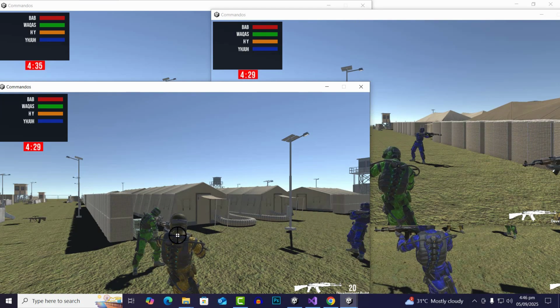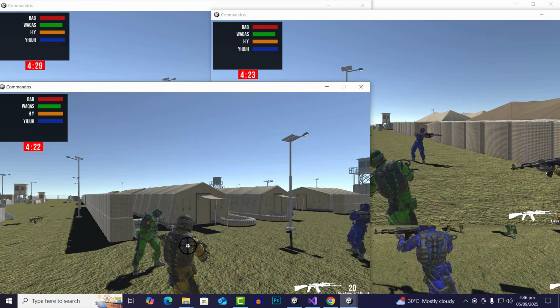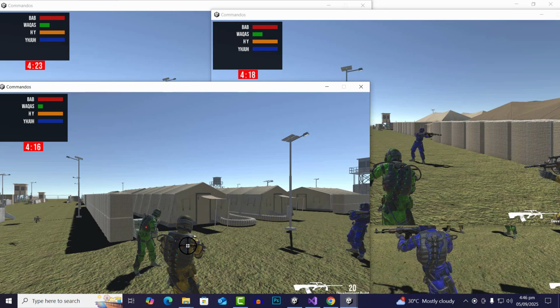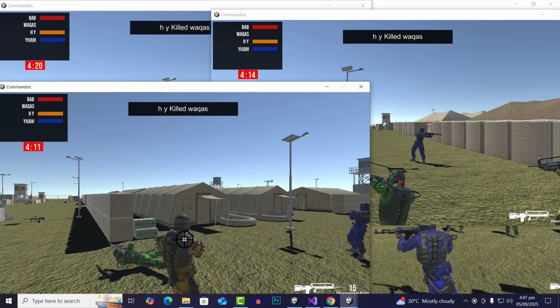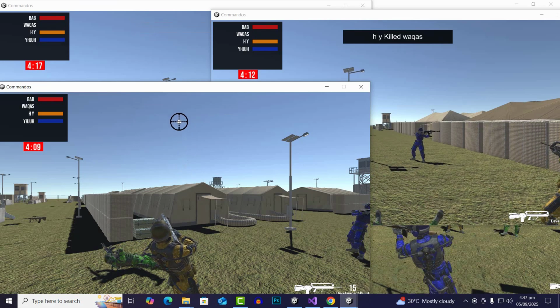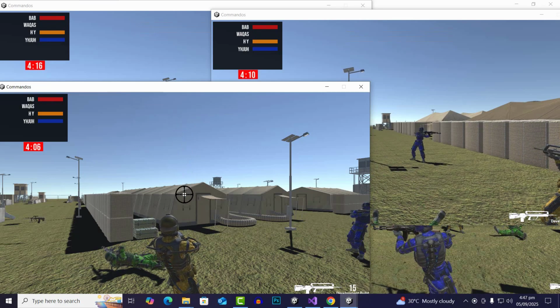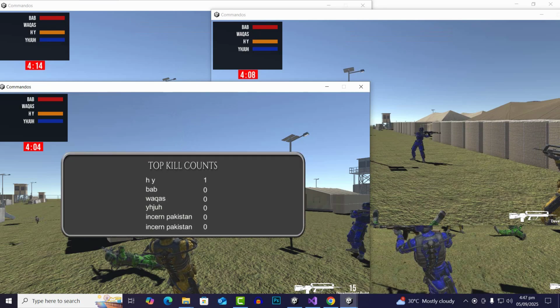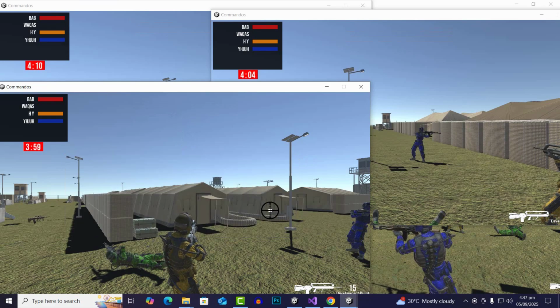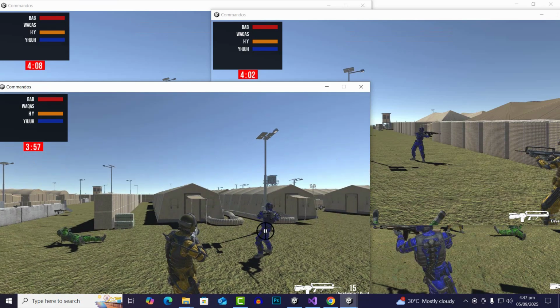So also you can see that 2 sounds are available for some reason. Okay, so now you can see HY killed Wakas, and now if we press K, you can see that HY has 1 kill. So that's great. And if we go here and let's kill this one,